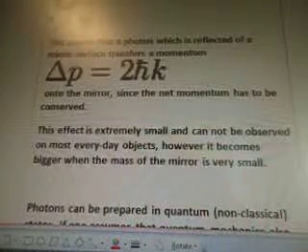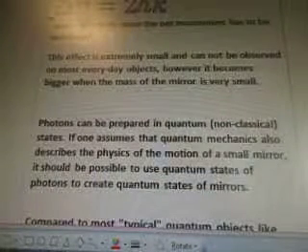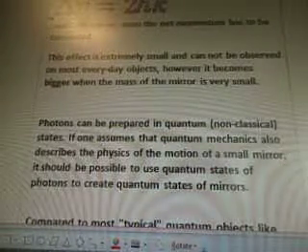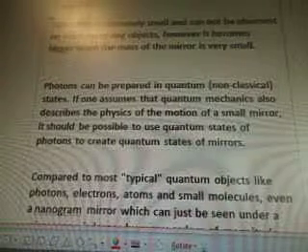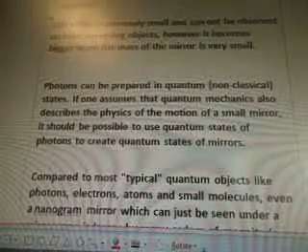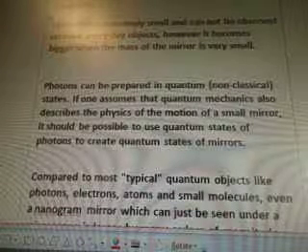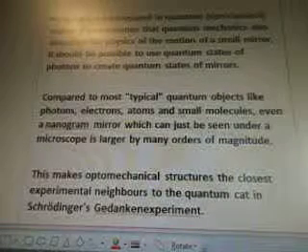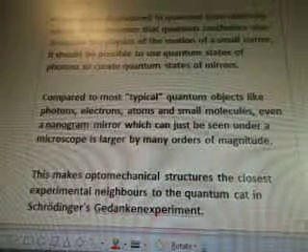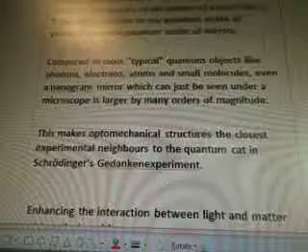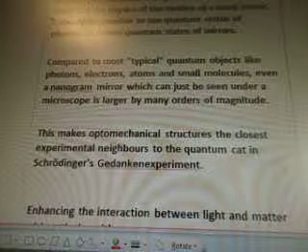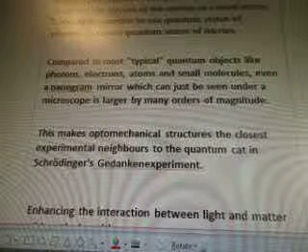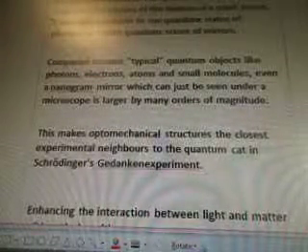However, it becomes bigger when the mass of the mirror is very small. Photons can be prepared in quantum non-classical states if one assumes that quantum mechanics also describes the physics of the motion of a small mirror. It should be possible to use quantum states of photons to create quantum states of mirrors. Compared to most typical quantum objects like photons, electrons, atoms, and small molecules, even a nanogram mirror, which can be just seen under a microscope, is larger by many orders of magnitude. This makes optomechanical structures the closest experimental neighbors to the quantum cat in Schrödinger's